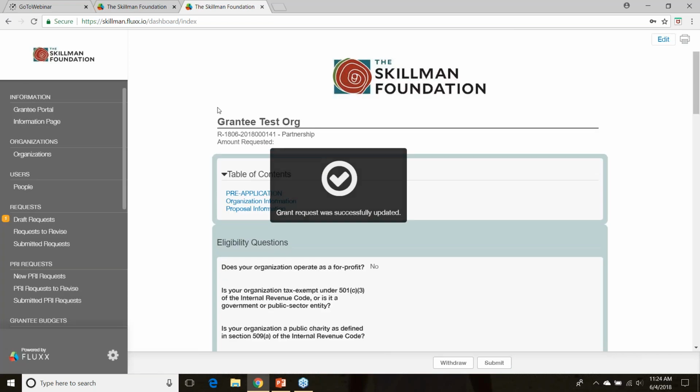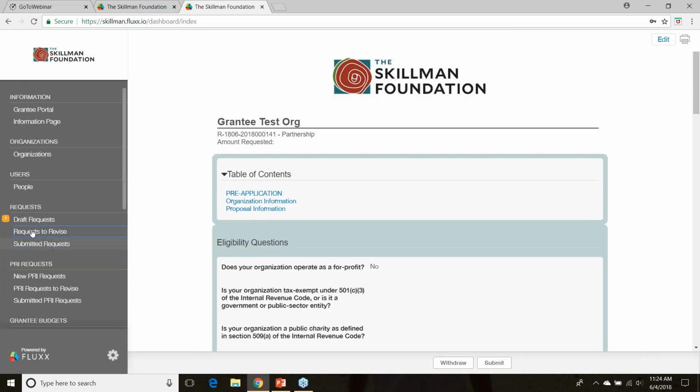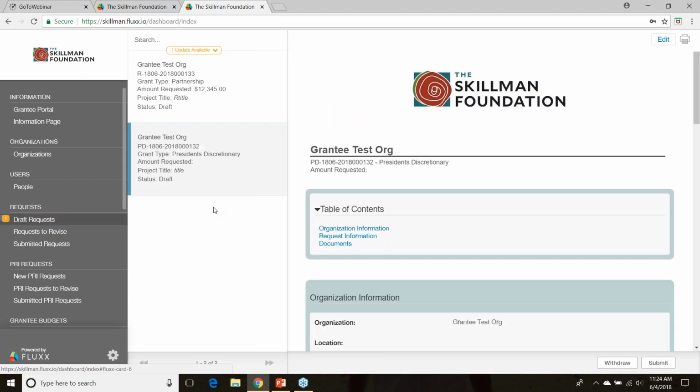Now at that point, I've saved an application. And you see this little yellow 1 here. That means something new has been done since I was in the system. So I would then click on draft requests, and you see now that I have one update available. This is what's called a real-time update. And so Fluxx is a real-time system, but you kind of have to click on the button to get to